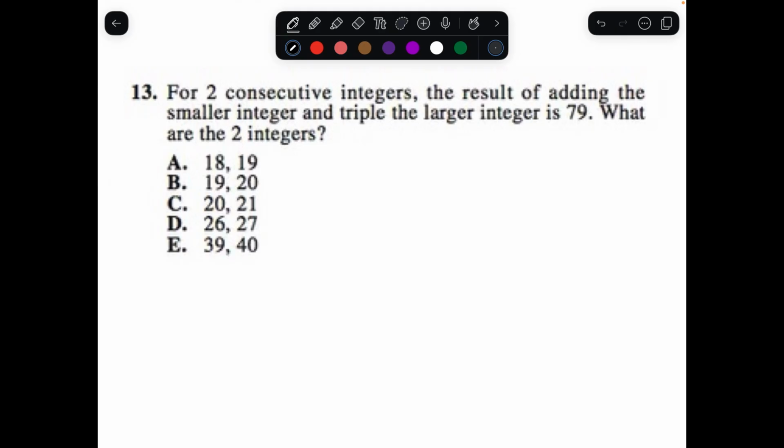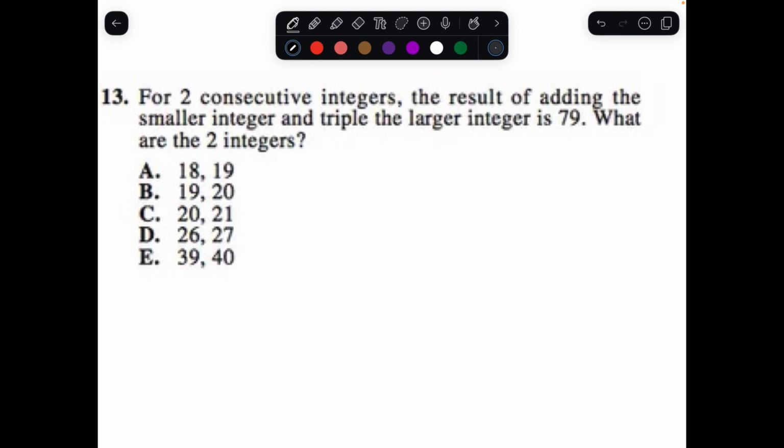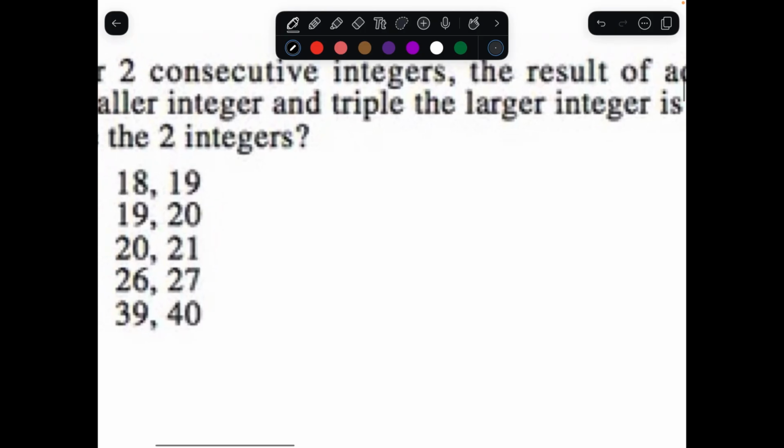So question 13 says, for 2 consecutive integers, the result of adding the smaller integer and triple the larger integer is 79. What are the 2 integers? For this problem, people might just plug in the answer choices, but that's not the most time efficient way, nor the best way. I want you to exactly write down what the problem says. It says that the result of adding the smaller integer and triple the larger integer is 79. So let's just call the smaller integer x